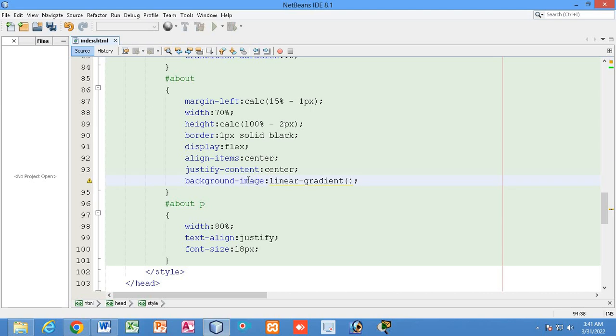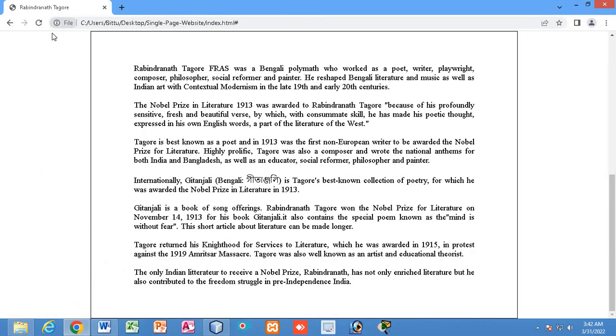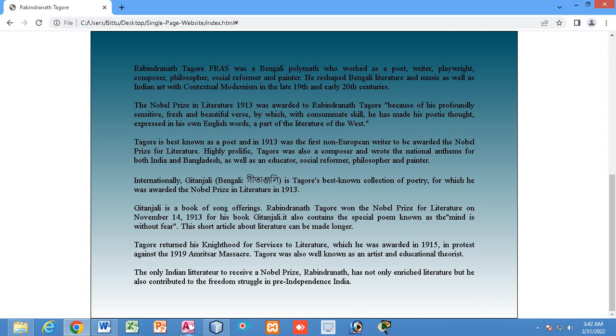Okay, so two or more colors can be mixed, right? Two or more colors can be mixed, that I am going to show you. So two colors that I will put over here, one color will be, let's say, this one, right, and another color will be, let's say, this. So let me show you how it appears. Now if I go and check, now you can see this is the color, right?